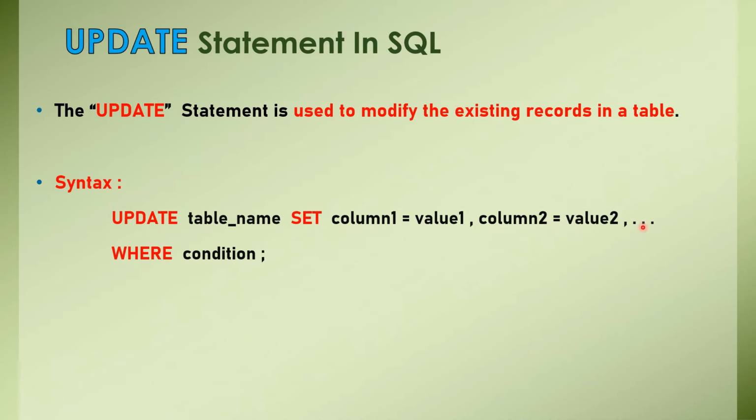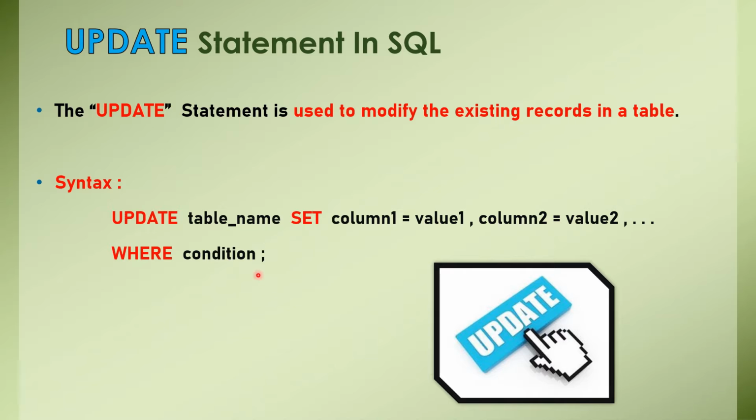So make sure you follow this syntax, that is UPDATE table name, SET the values for all the columns which you want to update, and write one condition. Okay, so this syntax states that wherever the condition is true, that particular record's column will be updated with the new value which you have given here. I hope you got this concept. So let us see one example related to how it actually works, then you will understand it more clearly. Okay, so let's get to that.